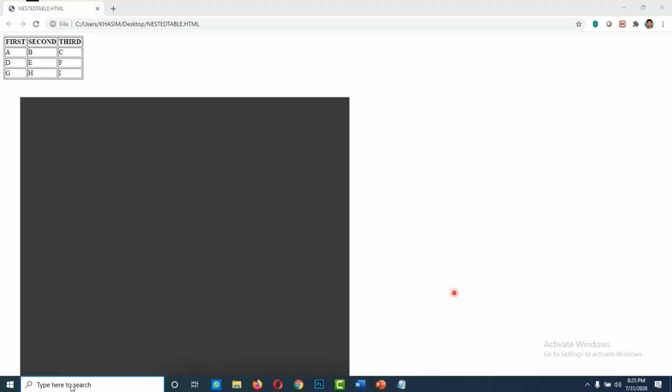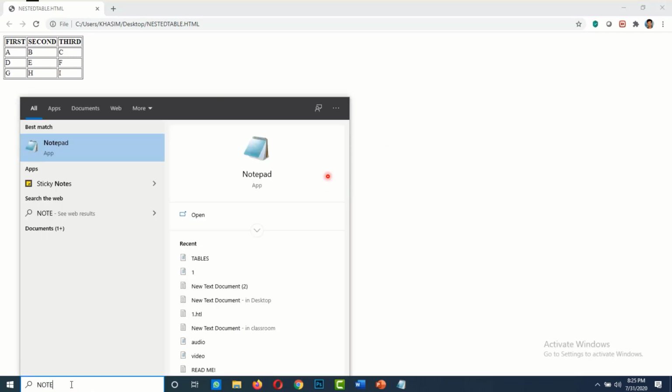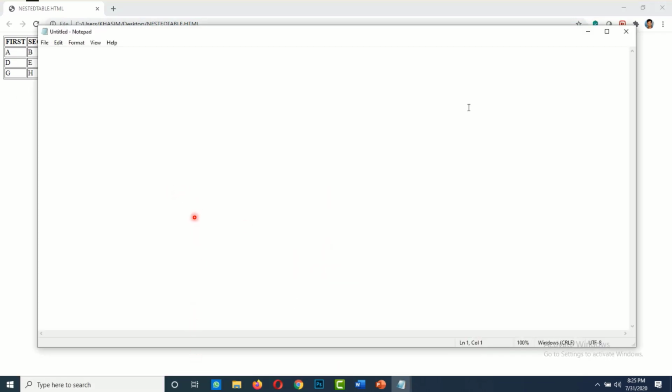For that I am opening a new notepad. Now create a structure. See, HTML, head, title nested tables.